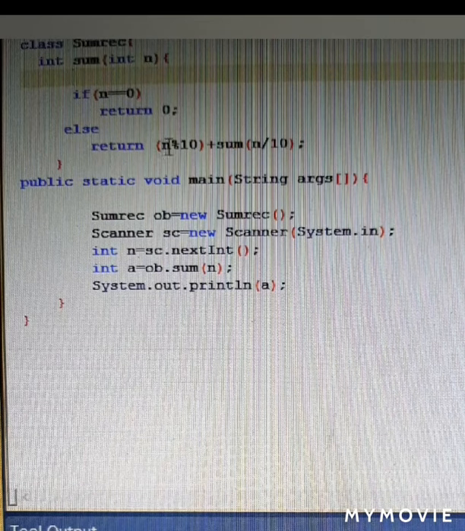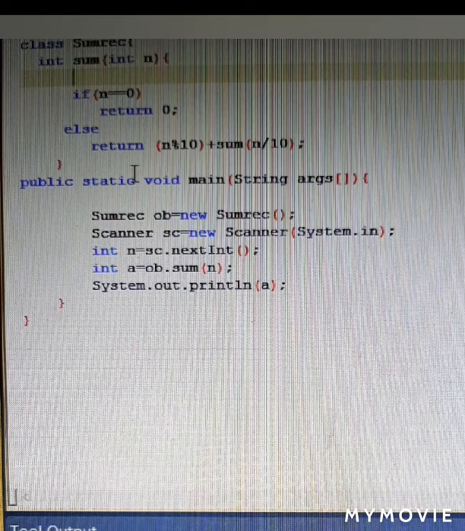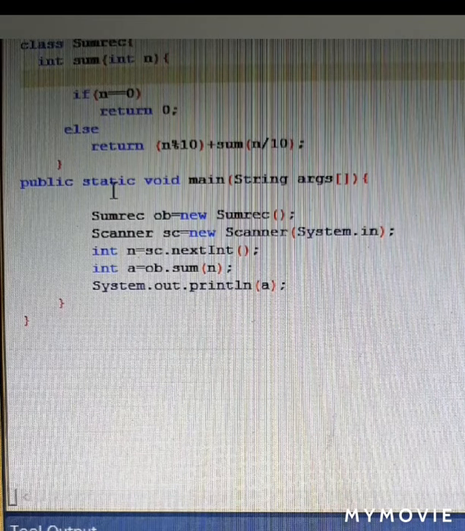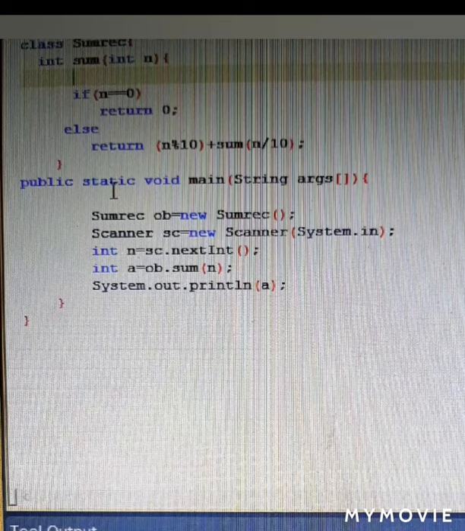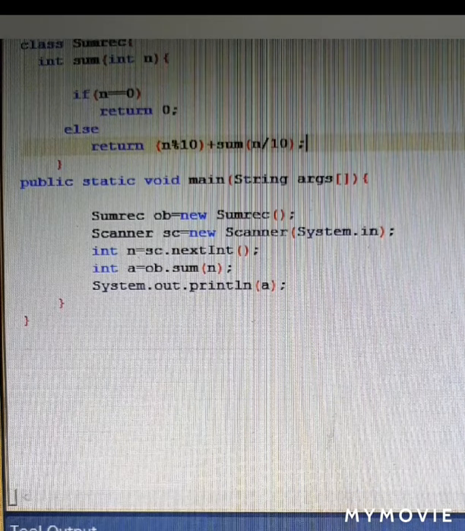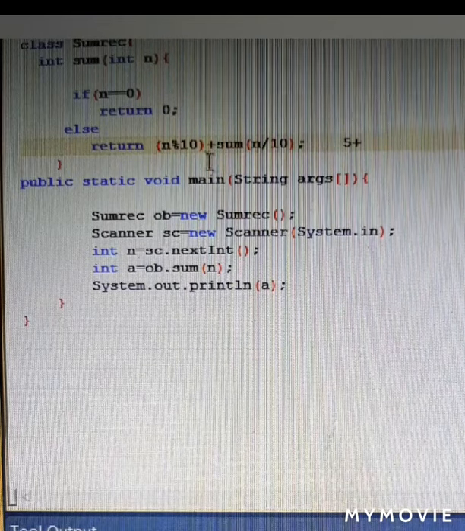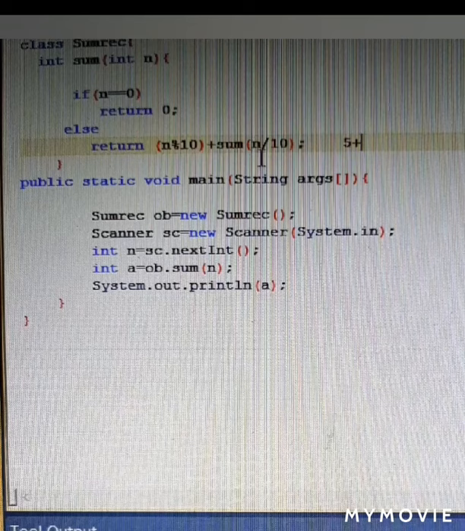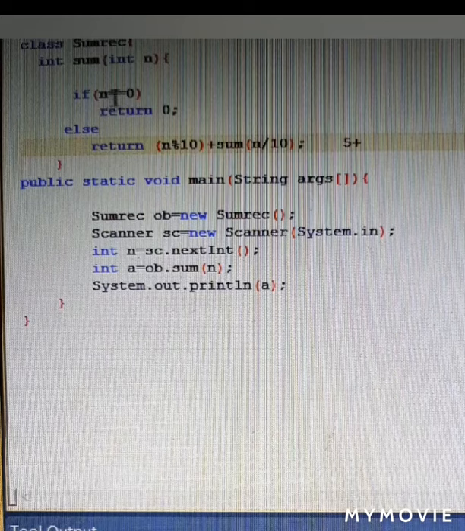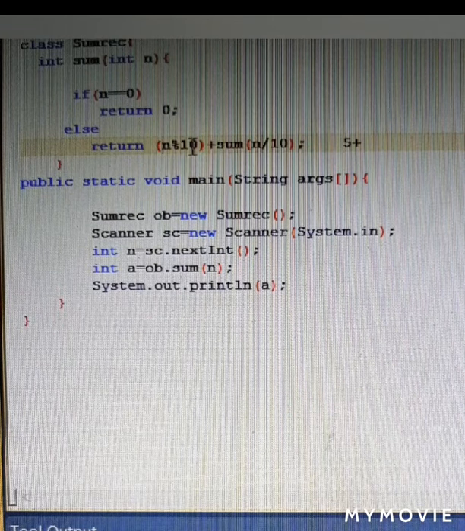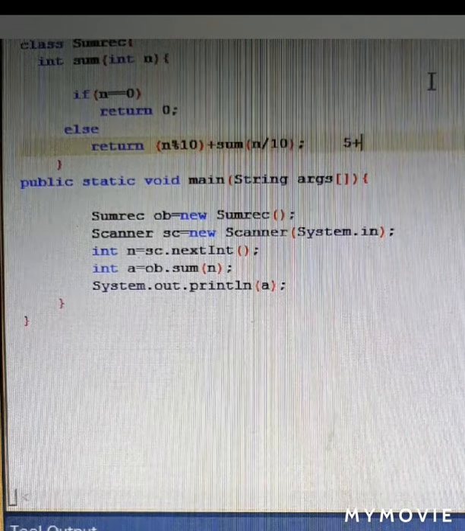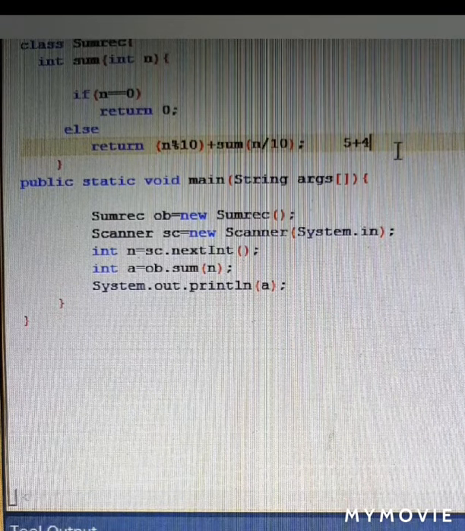It will come to the else part, and 345 mod 10. What is mod? Mod is going to find out the remainder. So 10 34s are 340, and 5 is the remainder, which will be kept in the memory separately. Then sum will call itself recursively and send the quotient 34 over here. 34 will move inside: is 34 equal to 0? No. Again it will come to the recursive part. 34 mod 10 means 10 3s are 30. 4 is the remainder, which will be added to the stack memory with 5 and become 9 in the memory.